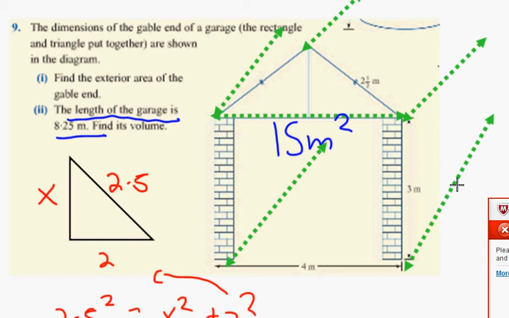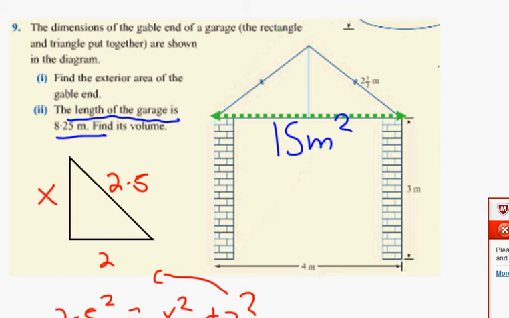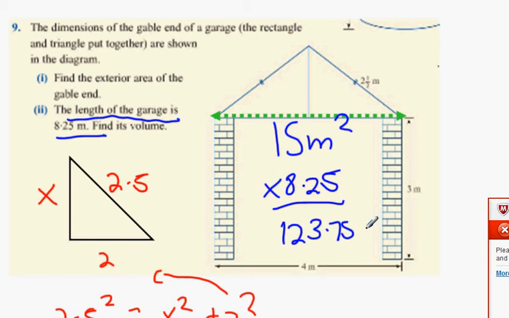It's basically asking, do you want me to find the volume, okay? So all we've got to do is multiply my area by the length. Remember you did that a while back. Anytime you get the area of the face, multiply it by the length. So just multiply it by 8.25. And what's the answer to that one? 123.75 meters cubed this time, okay? So lads,